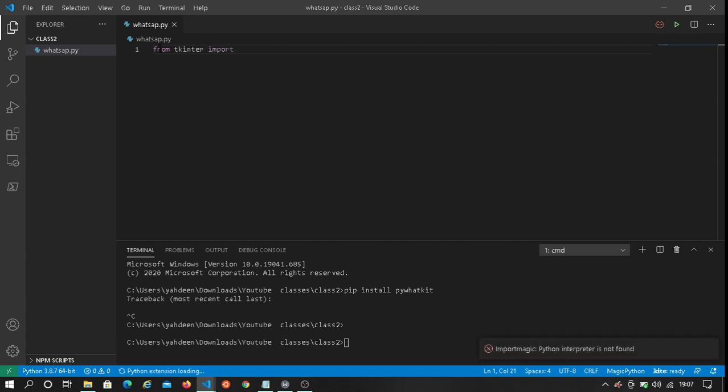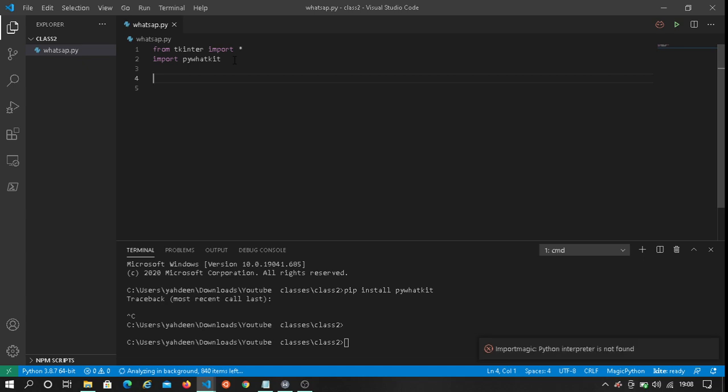Import, and we need to import the other library, pywhatkit.